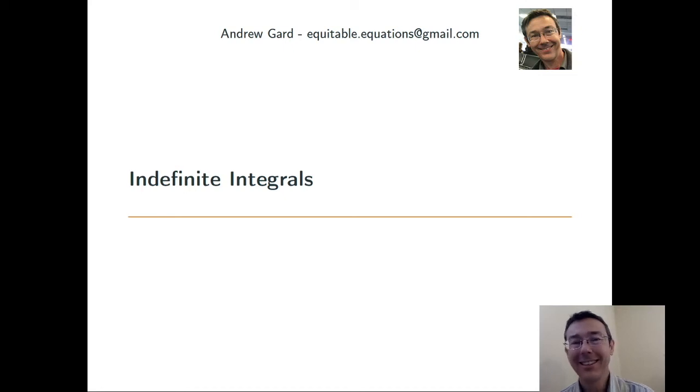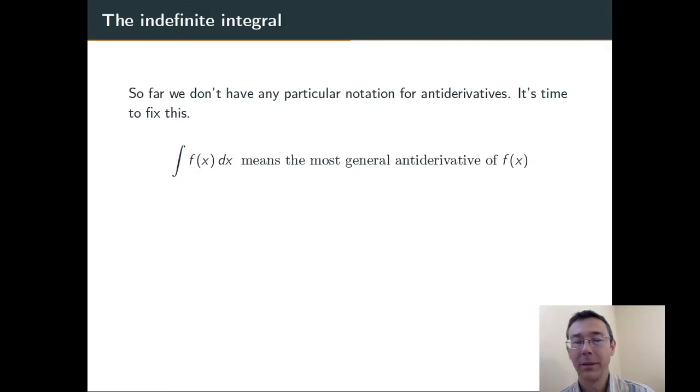Hey everybody. Today we're getting into the indefinite integral. This won't take us long at all. Let's go. So we often run into problems where we need the most general antiderivative of a function, but so far we don't have notation for that. Let's fix that. So we're going to write integral f of x dx just to mean the most general antiderivative